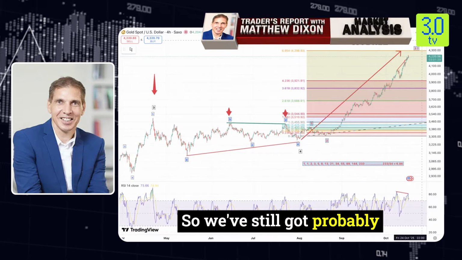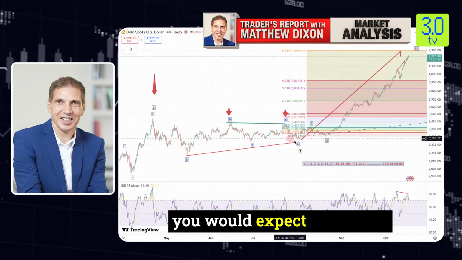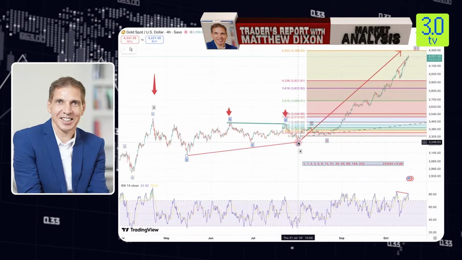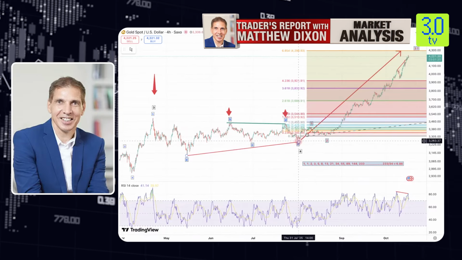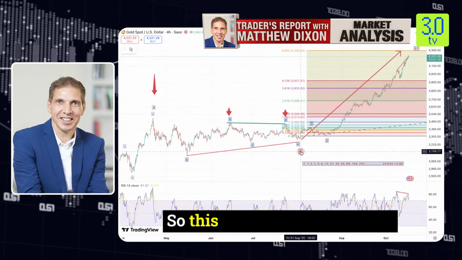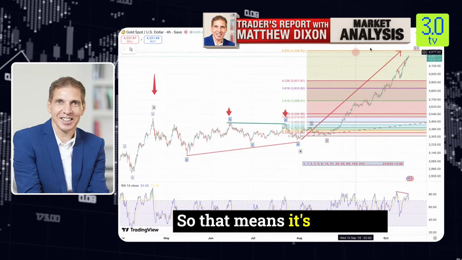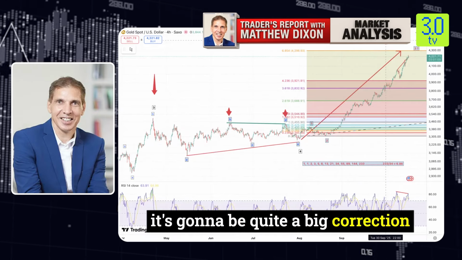So we've still got probably some way to go higher in gold. So following a triangle, you would expect there then to be what's called a terminal thrust to the upside. So the wave 5 will make up that terminal thrust. So this terminal thrust should be the final wave in this cycle. So that means after that, it's going to be quite a big correction, but it's just